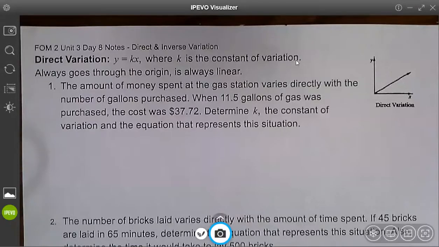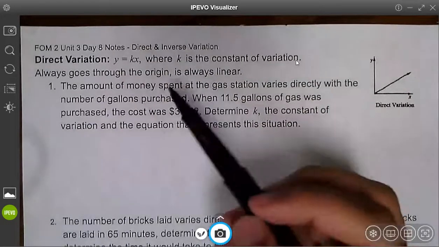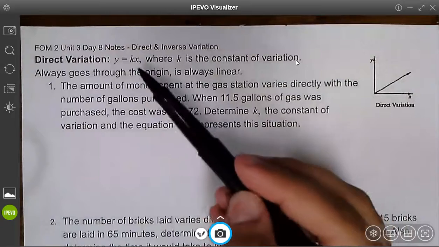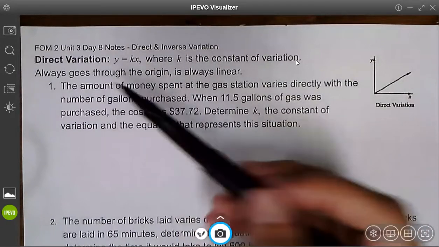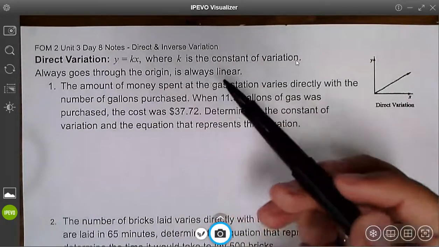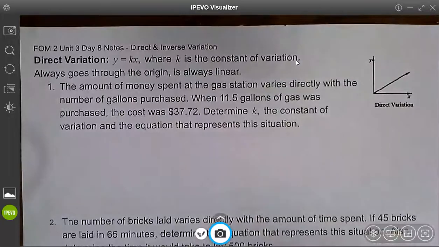Direct variation, Foundations of Math 2, Unit 3, direct and inverse. Direct variation is a linear equation where k is the constant of variation. It always goes through the origin and is always linear. Typically, it is just a word problem, and we're going to set this up where k is the constant of